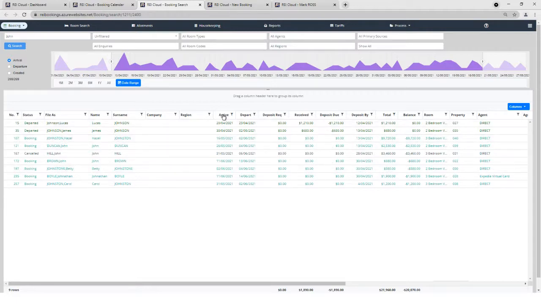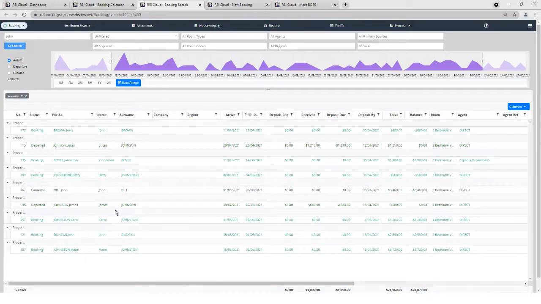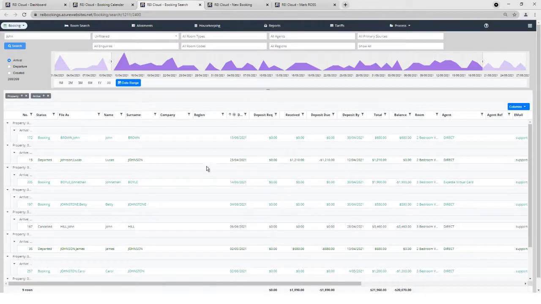With the bookings as well, I can still order my columns. So if I want to order by arrival or departure date, I can do so. But we've also added in the ability to be able to filter by multiple columns. So if I click on the property column here, I can drag it up to the top and it'll filter by the property. I can then select the arrival date and filter further by that information. So now what you can see here is I've got it filtered by first property and then a second sub-filter